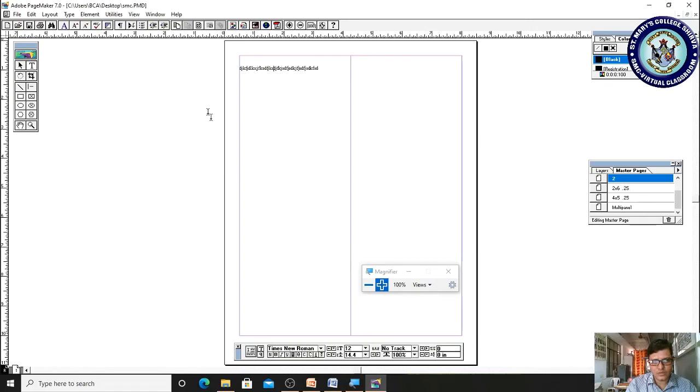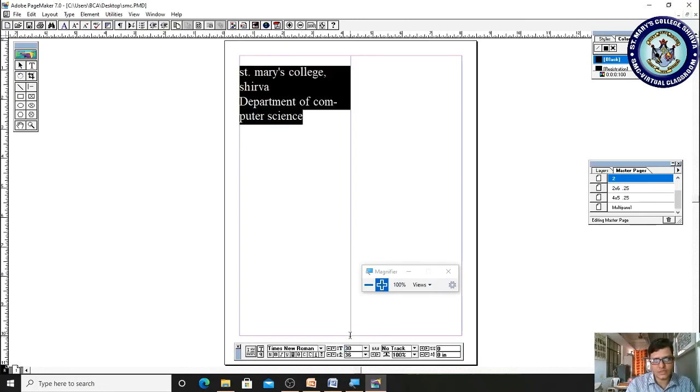Click here, select it, and increase its size. It is not relevant because it is the old one. Let me take Saint Mary's College Shirva, Department of Computer Science, select it and apply a size of 30.